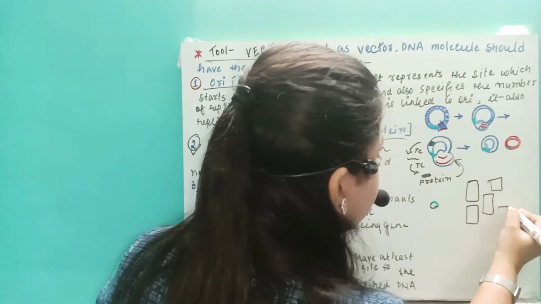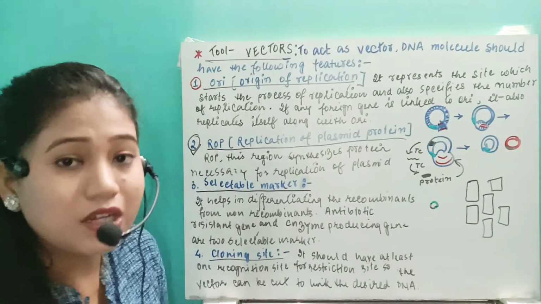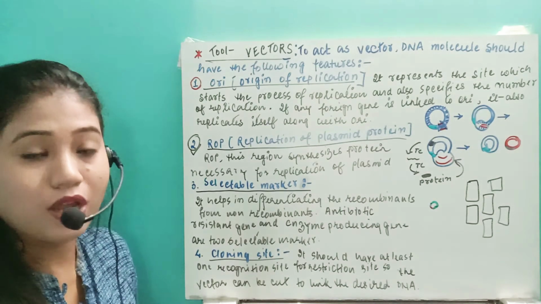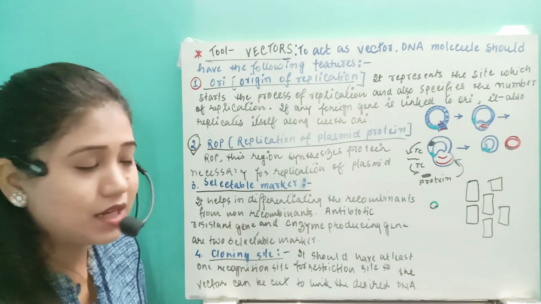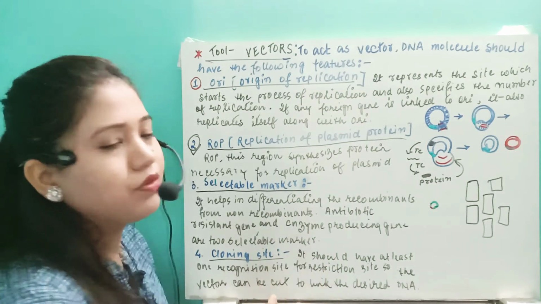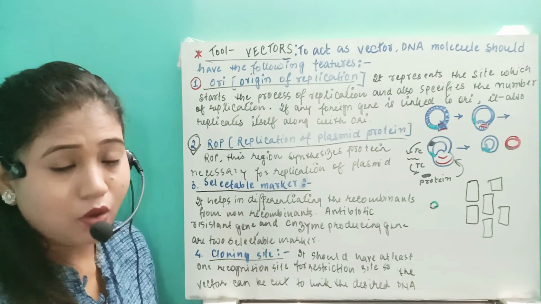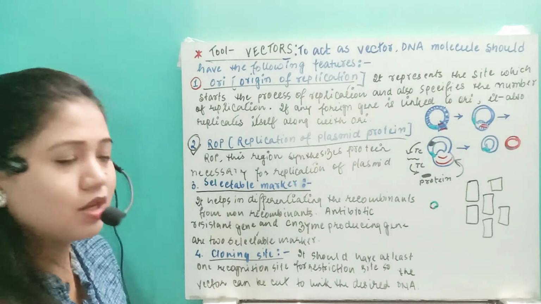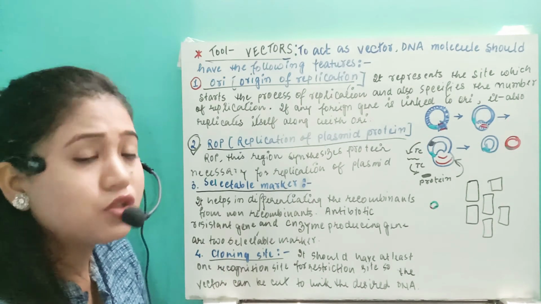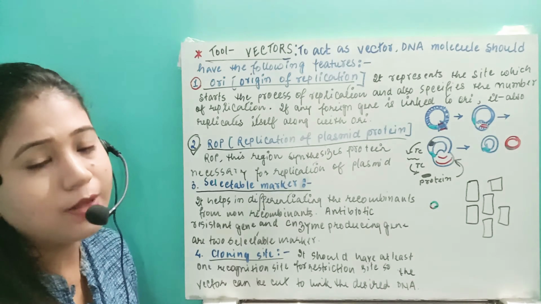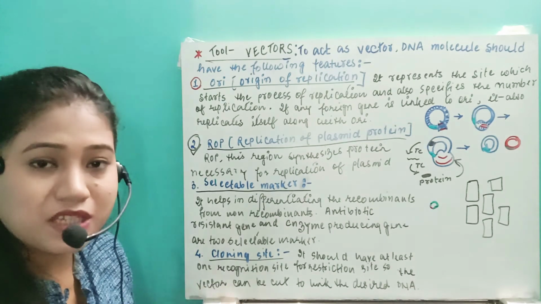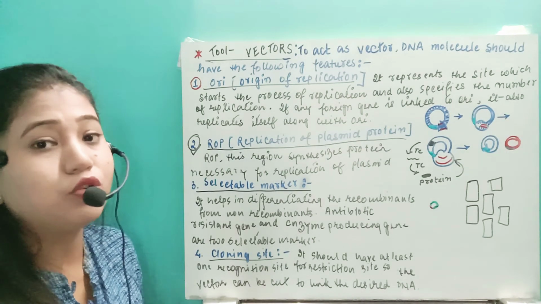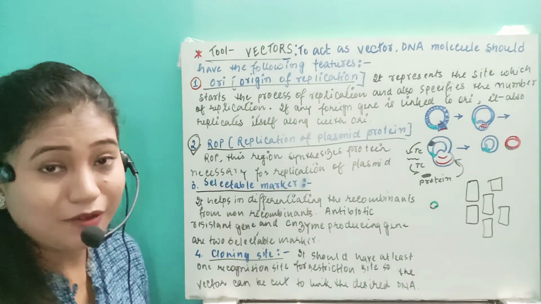Whenever the host body takes the gene fragment along with the vector, that means the rDNA, how can we know? It's not possible that we can see it, isn't that? How we will introduce the rDNA into the host body is the next part we will discuss. Whenever our gene fragment along with the vector is inserted inside the host body, we need some specification so that we can find the recombinant or transformant from the non-recombinant or non-transformant.